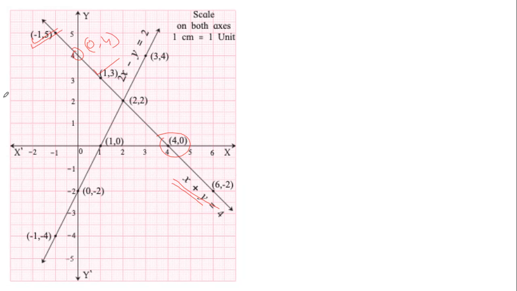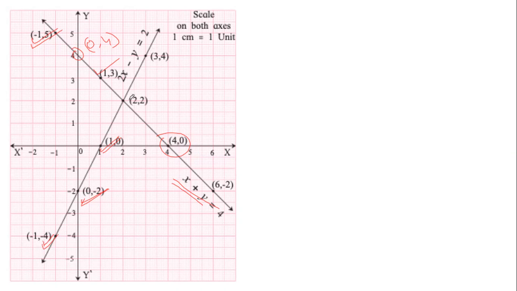So if we plot these 4 points on the graph paper, if we have calculated them right, all of them will be on one straight line, and that straight line represents that equation. So this straight line represents equation number 1, which was x plus y equals 4. Similarly, for the other set of points: when x was 0, y was -2, we found this point. When x was 1, y was 0, we found this point. We also found (-1, -4). Now, clearly, these 3 points are on a straight line.